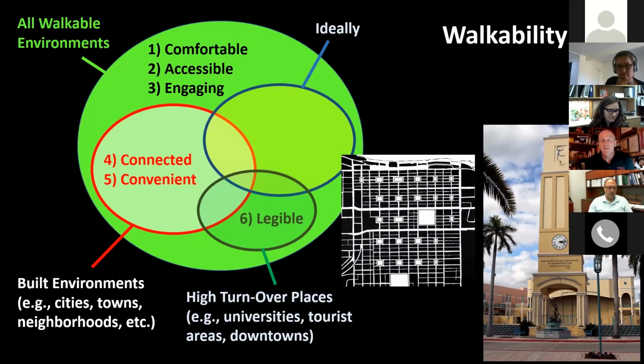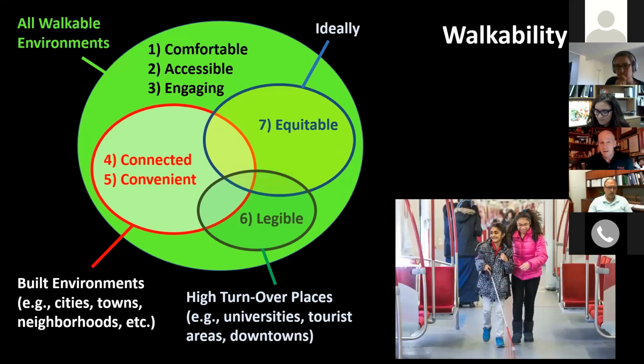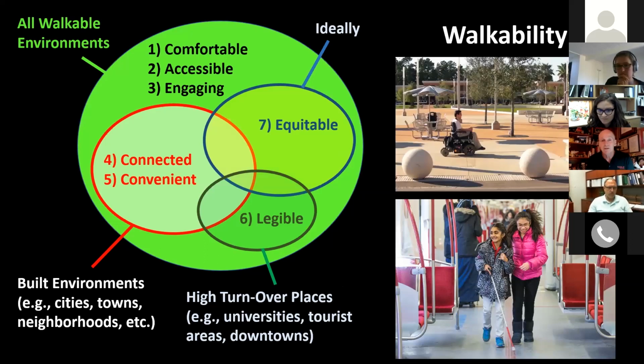And then lastly, and ideally, the place is safe and equitable. So equitable means that it accommodates all income levels, all ability levels, all modes equitably. So we have to give the folks who are vulnerable a higher lift up than those who are strong. And the last one is safe. And safe is a statistical thing with best practices on lowering the number of deaths, injuries, crashes, and so forth.